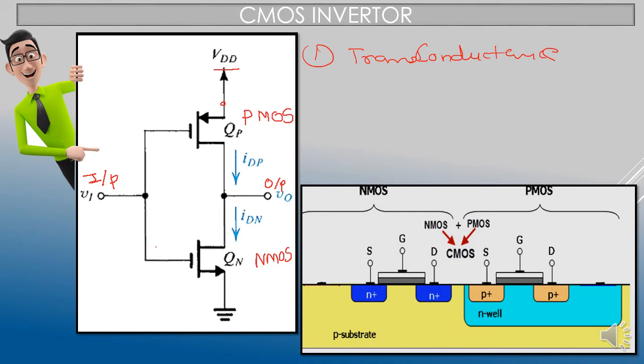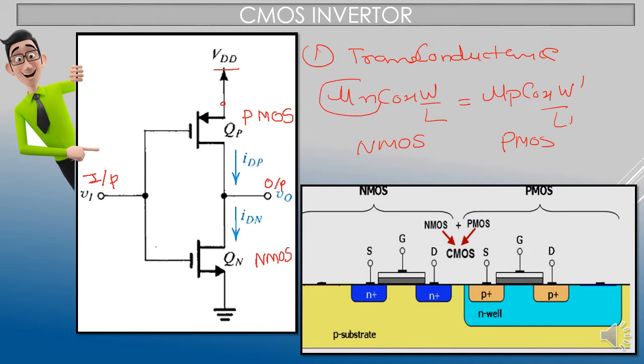Transconductance is mu n COX W upon L. This is the transconductance for NMOS, and for PMOS the transconductance is mu p COX W dash upon L dash. You already know that mu n is the mobility of electrons and mu p is the mobility of holes. You already know that mu n is greater than mu p. So if transconductance is the same, then the W upon L ratio, width upon length,